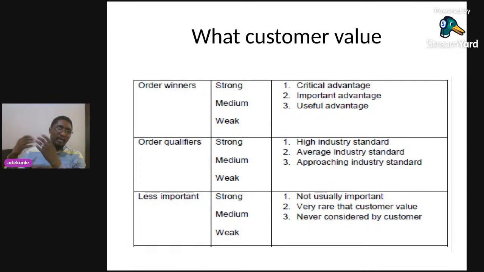Then you look at other qualifiers. Our orders: are they actually meeting the needs of our customers? In terms of orders, are they high in the industry standard? Are they average in the industry standard? Are they approaching the industry standard? Then you have maybe less important things you look at, like not useful and the rest. So these are some of the things you can ask yourself in this regard. Set up questionnaires, ask your customers to fill them in, and ask yourself if you're doing well